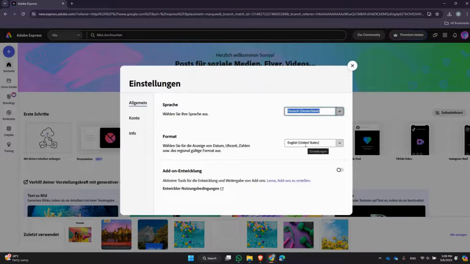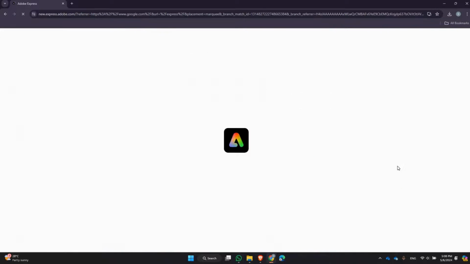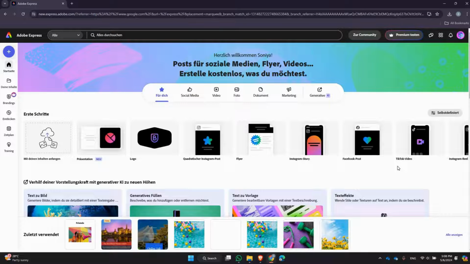Once you have chosen your desired language, it will automatically save the changes. Adobe Express will then update the entire interface to reflect your new language setting. And that's it. You have now successfully changed the language in Adobe Express. Remember, if you have any other Adobe apps or services linked to your account, the language change may also apply